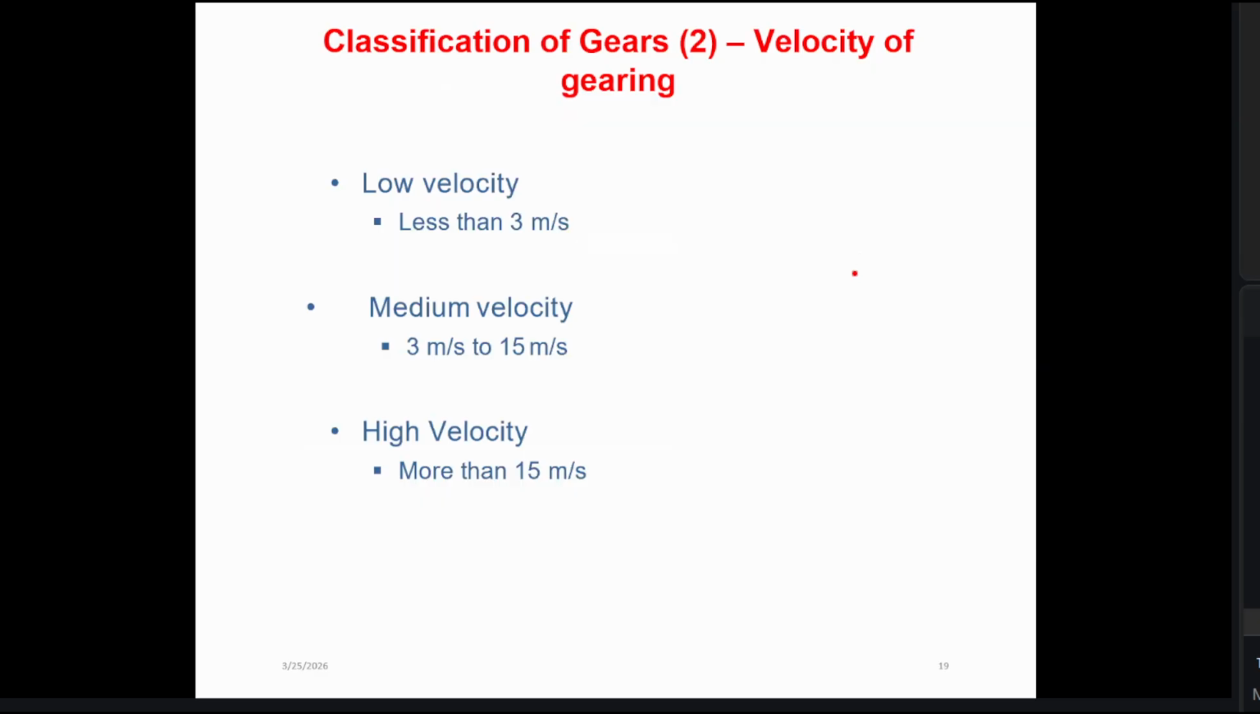So then based on the operating velocity, we can categorize low velocity